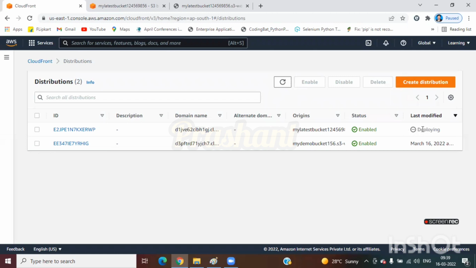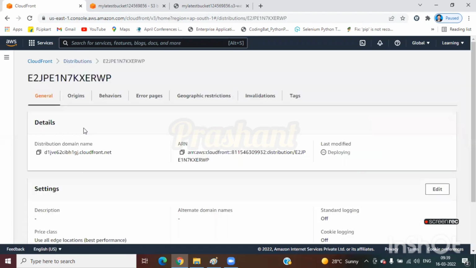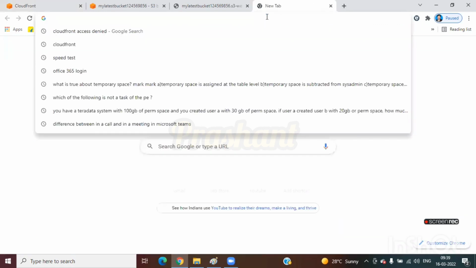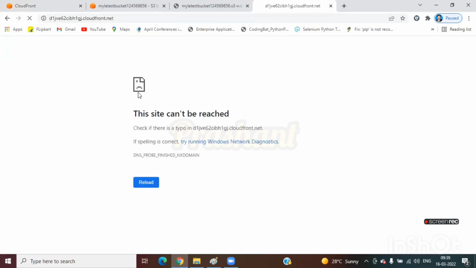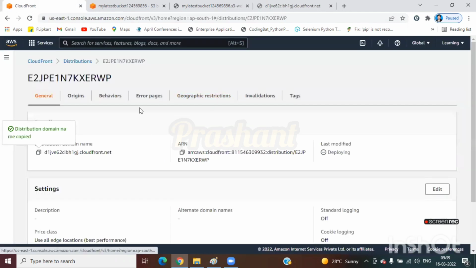So what you need to do, once it deploys, after 4 to 5 minutes, you click on the distribution. In the distribution, you will get one distribution domain. You can copy it and paste it here. Now you will not get any reply. Why? Because our CloudFront is still deploying. After the 4 or 5 minutes,